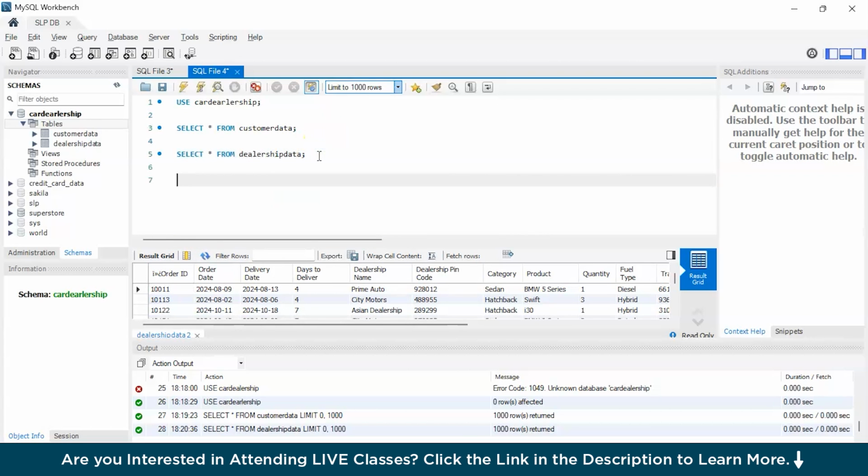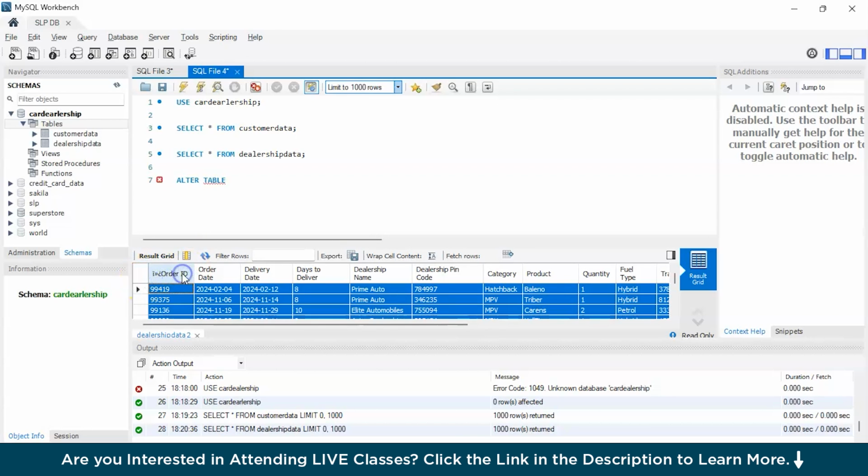Now we will proceed with a quick editing query where we will change the column name of this particular data set, or no, not just the column, correct? Just a moment. So we will take the help of the alter keyword. So alter table, and our table name here is customer data. Before that, let's copy this particular keyword here, or we can do one thing, describe table. We can make use of the describe keyword, describe table customer data,